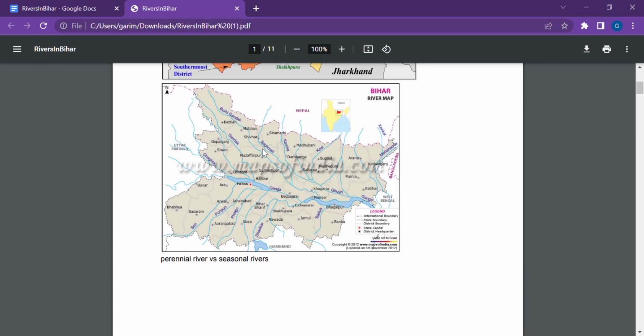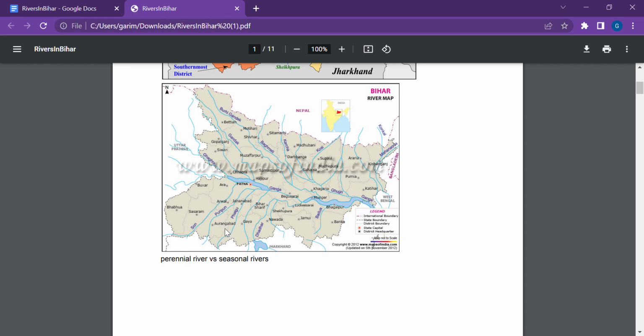Northern Bihar faces the problem of flood. However, southern Bihar faces the problem of drought. Why? Because most of the rivers present in the northern side of Bihar originate from either the Himalayan region or the trans-Himalayan region, and they are perennial rivers. Perennial means that these rivers flow throughout the year, and the rivers present in the southern side of Bihar are seasonal rivers because